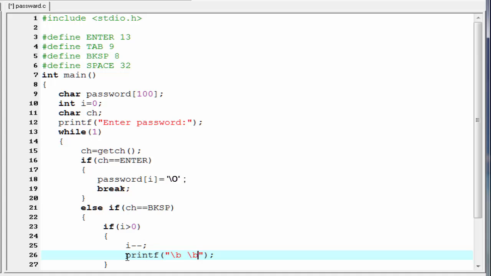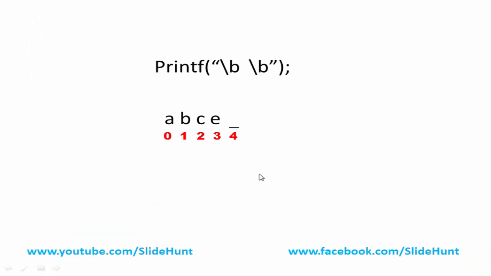Let's explain why we write this statement. Suppose here we enter 4 characters A, B, C and E. A is stored at index 0, B is stored at index 1, C at index 2 and E at index 3, and the cursor is at index 4. When we print a \b, cursor moves 1 position left and it comes at index 3.